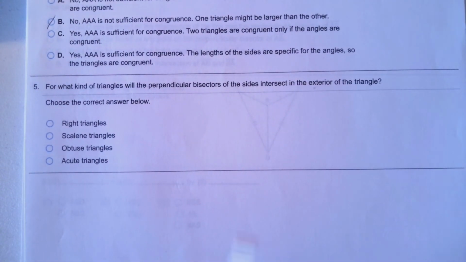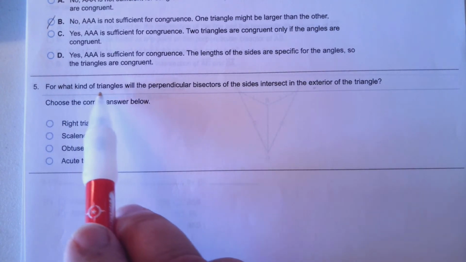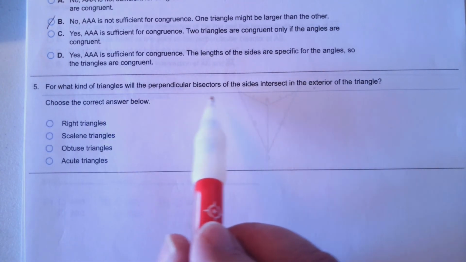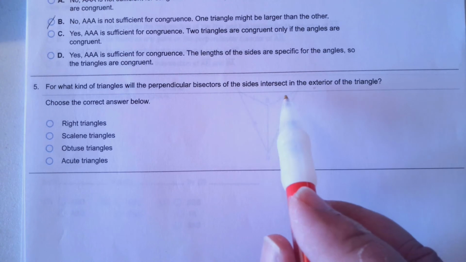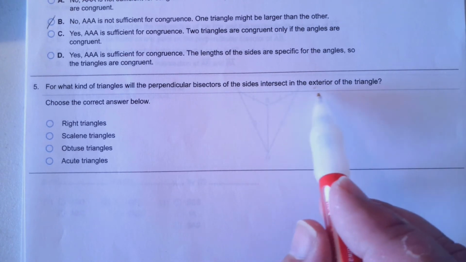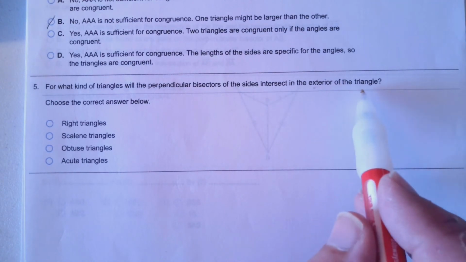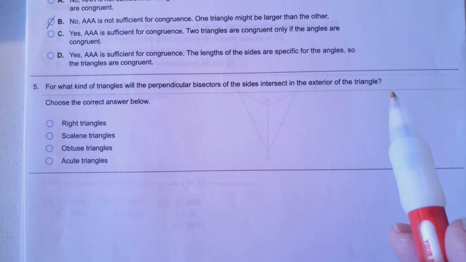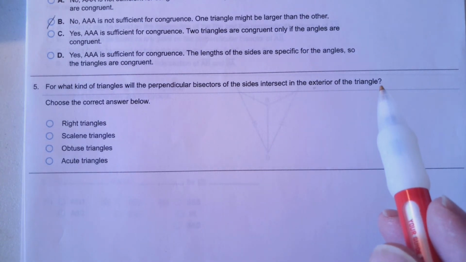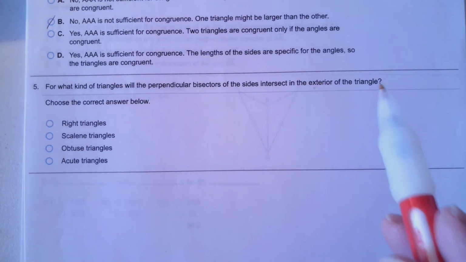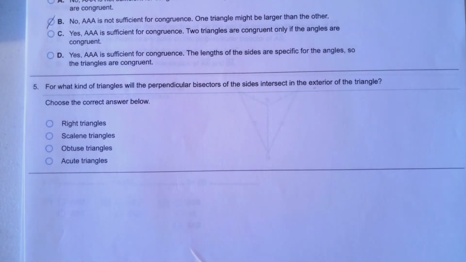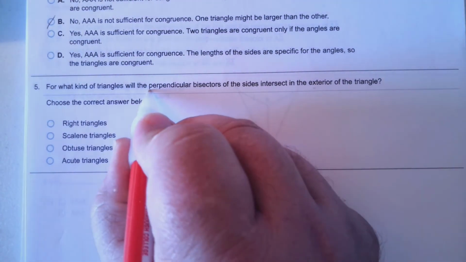Number 5. For what kind of triangle will the perpendicular bisectors on the sides intersect in the exterior of the triangle? That's an interesting question. Where will the perpendicular bisectors, remember, a perpendicular bisector,